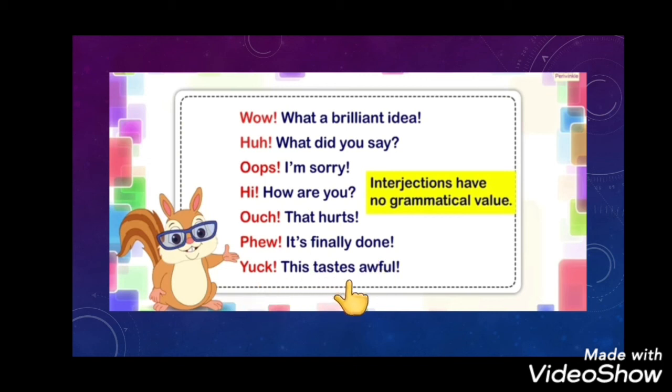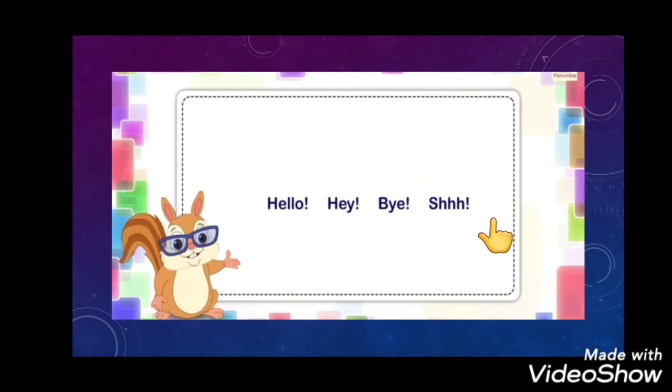Yuck, this tastes awful. So students, these all are the interjections. Interjections have no grammatical value. Some other interjections are like hello, hey, bye, shh. These all are the interjections.